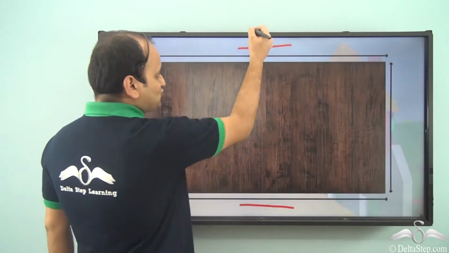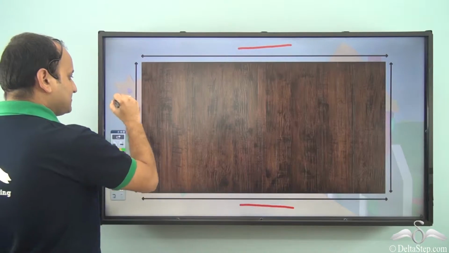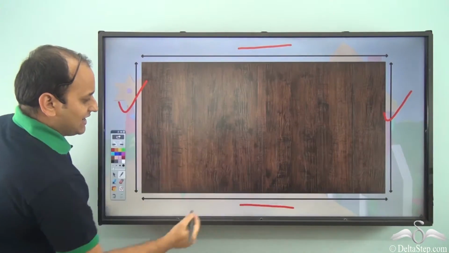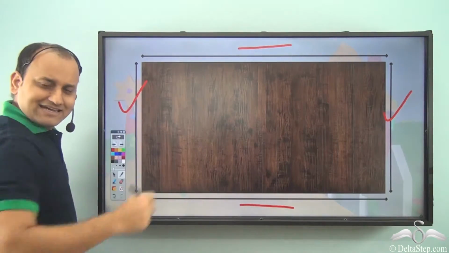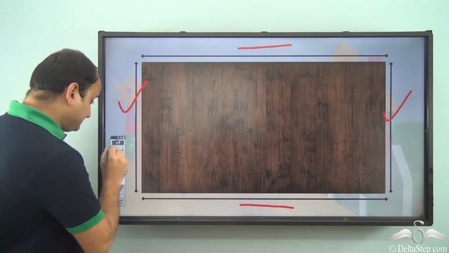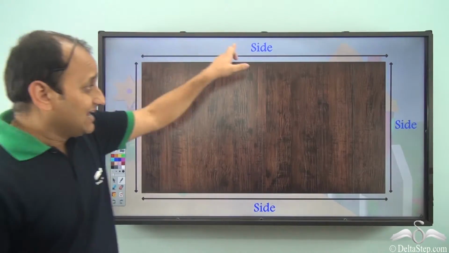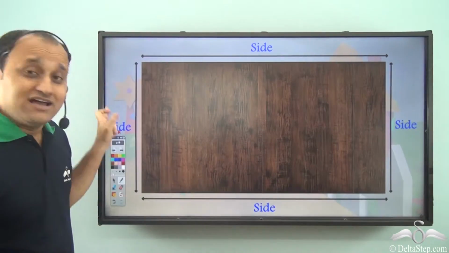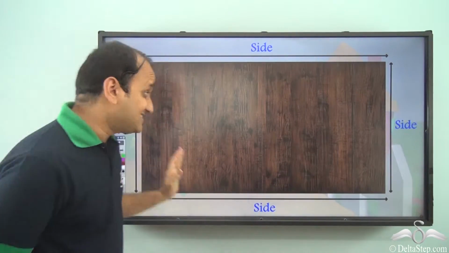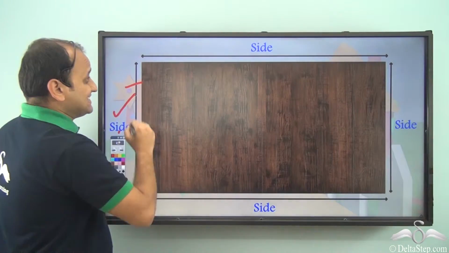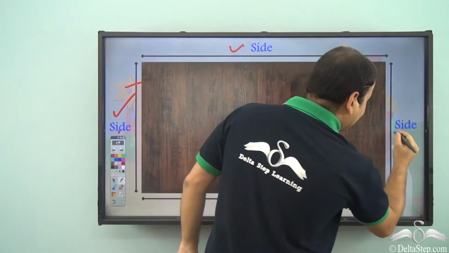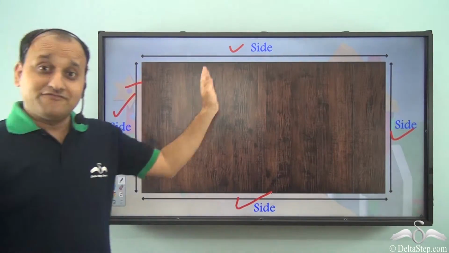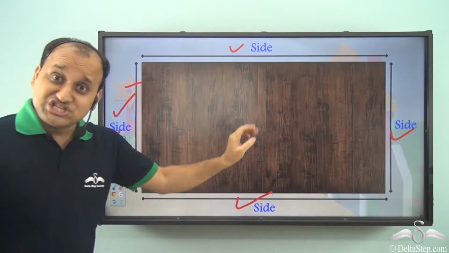And apart from these two sides, it also has this side and this side. So what do you see? It actually has 4 different sides, isn't it? So these are called sides. So these are sides of the table or sides of this shape. So we have this side, this is another side, this is one more side, and this is another side of this table or this shape.